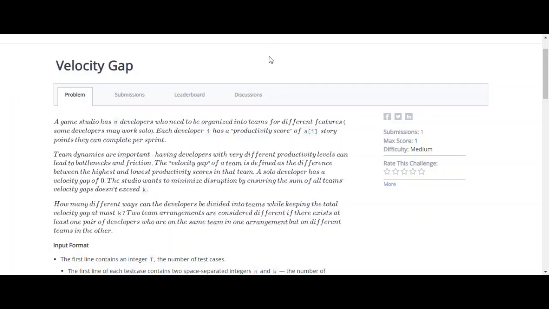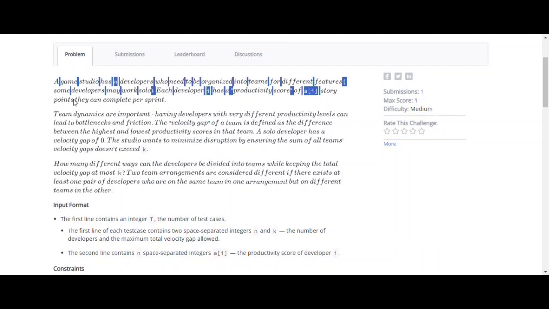Hello guys, today we are going to solve the question Velocity Gap. It is a medium level question. Here is the problem statement for the given question. As you can see, the problem statement is trying to say we are given n number of developers